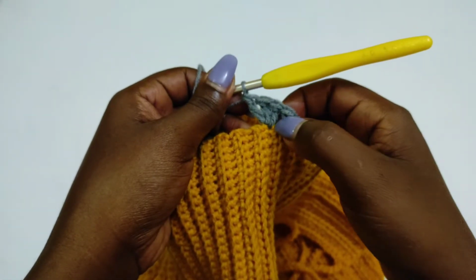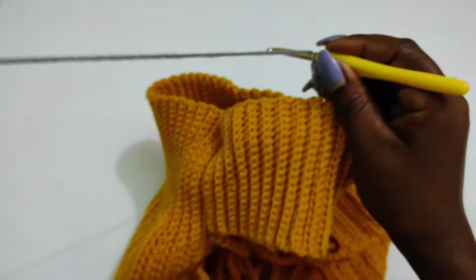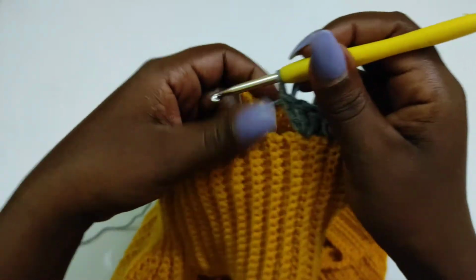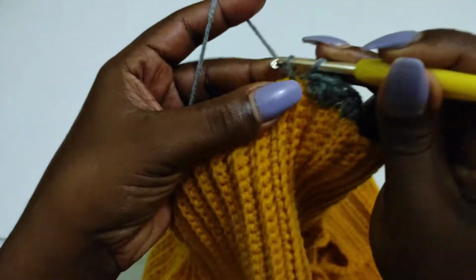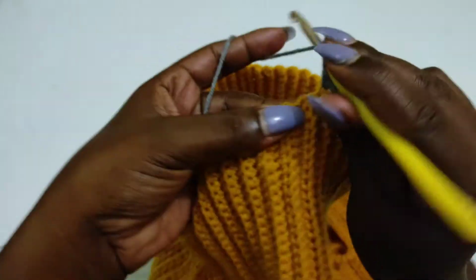And this is what we're calling a shell stitch, and hence the reason I'm calling this dress a shelly dress, because we're going to make it using shells. Next we move on to this point and put a single crochet, then to the next with 3 double crochets,